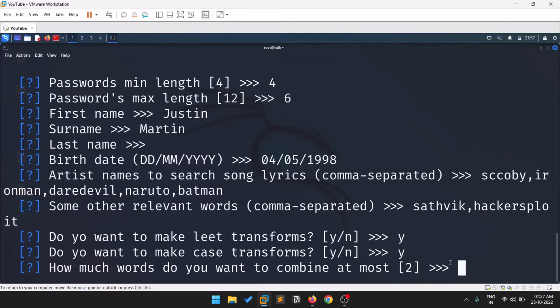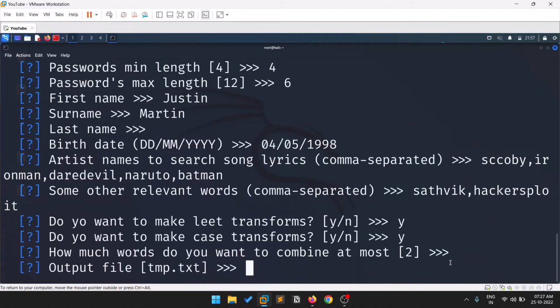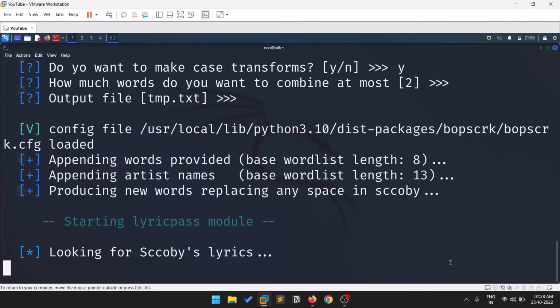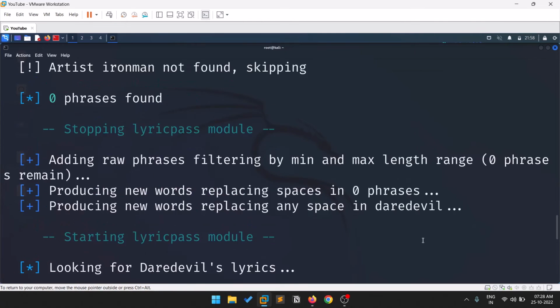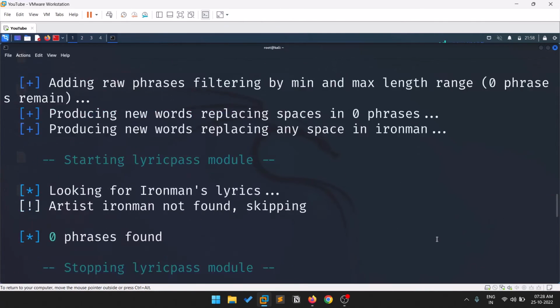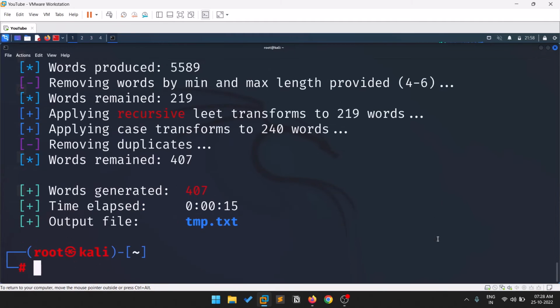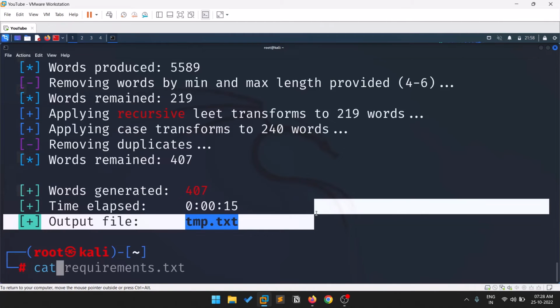By default it is 2, so you can hit enter. Output, yes, hit enter. It tries to look for a lot more stuff, like Daredevil lyrics, in the sense that it tries to combine a lot more words. That's it. Now if I go to cat